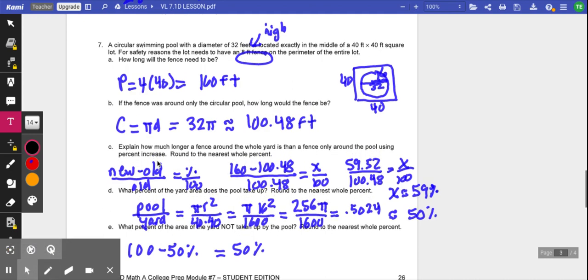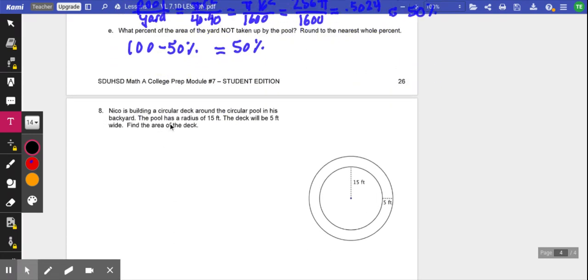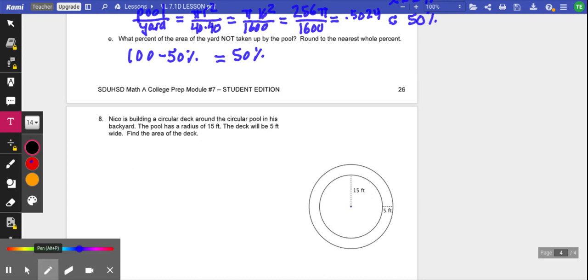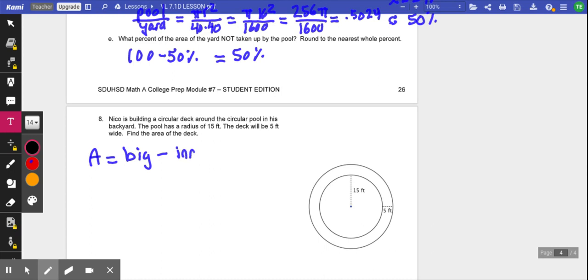Okay, moving on down. Nico is building a circular deck around the circular pool in his backyard. The pool has a radius of 15, I see right there, and the deck will be about 5 feet wide. Find the area of the deck. So we have to go the big circle minus the inner circle. Okay, so if this was 15 and I added 5, then that whole area would be 20,